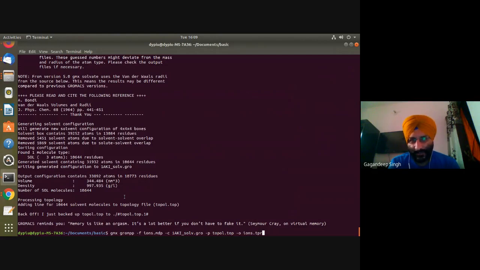Now, in this next step, you should add some ions. Okay, adding ions. This is the third step, adding ions. From where you have to add the ions?